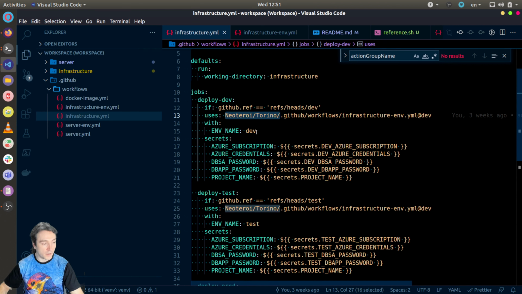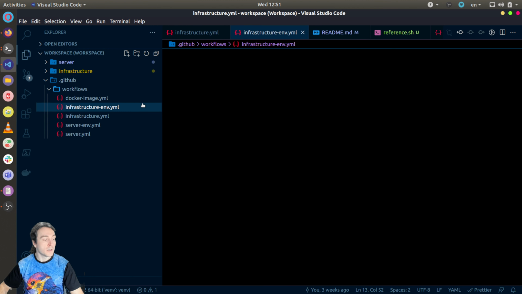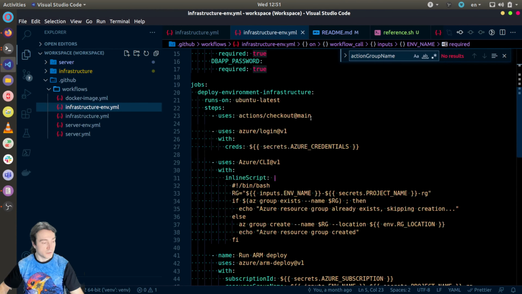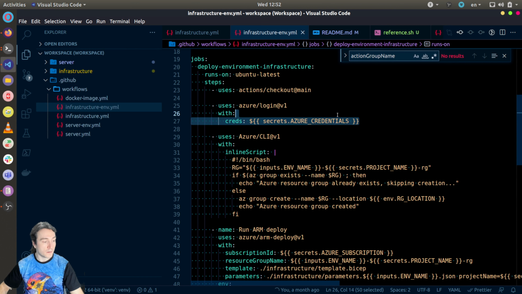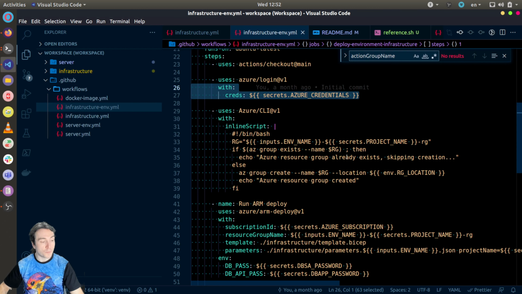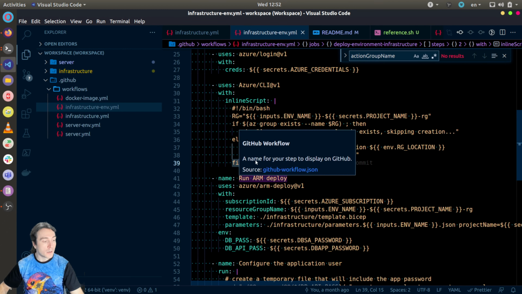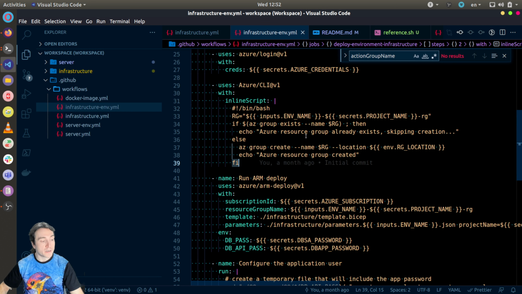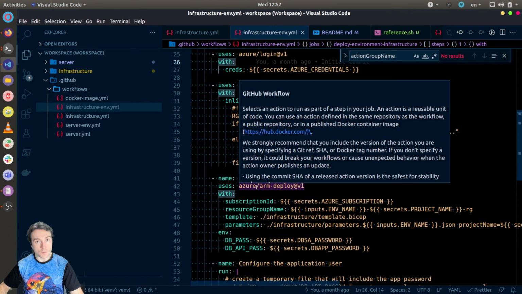But going back to the main interesting topic, the infrastructure env file contains the steps to create an instance of the system. So you can see it is running using Ubuntu. It is using the configure Azure credentials to log in, for example, Azure CLI. It is creating a resource group if it doesn't exist. This requires the Azure credentials to be configured with a scope on the subscription level and not on the resource group level, because